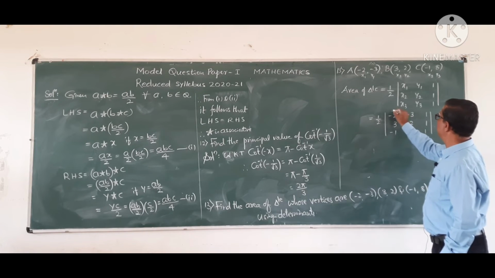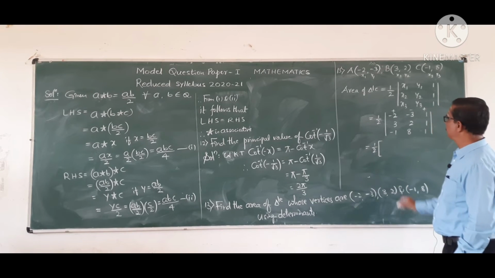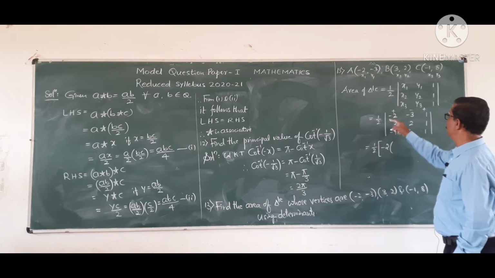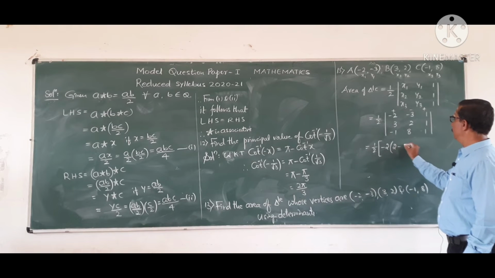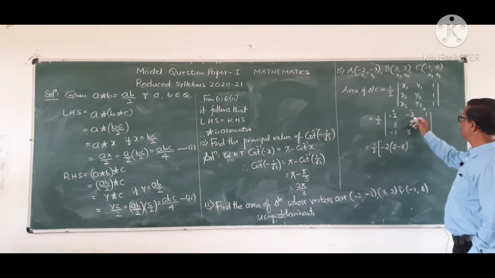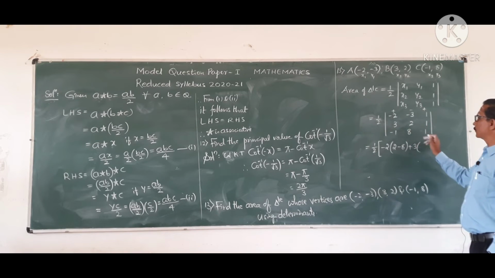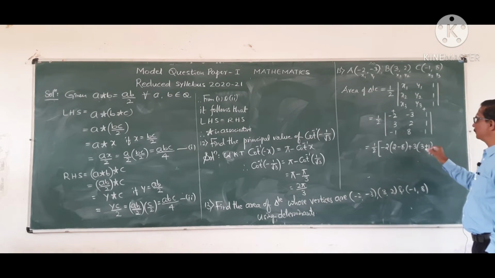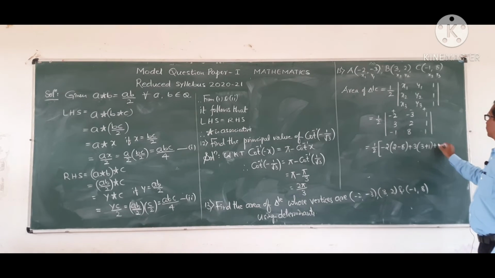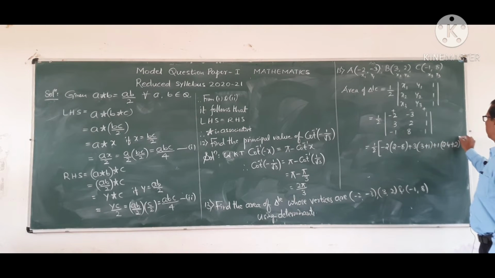Okay, then expand it. Plus, minus, plus. 1 by 2 into, expand. Plus into minus 2, deleting first row, first column, 4 numbers, the difference of the cross multiply: 2 minus 8. Minus into minus, plus 3, deleting first row, second column, 4 numbers, cross multiply: 3 ones are 3, difference minus, minus 1 into 1, minus 1. Minus into minus, plus 1. Plus 1 into deleting first row, third column: 3 eights are 24, difference minus, minus 1 into 2, minus 2. Minus into minus, plus 2.